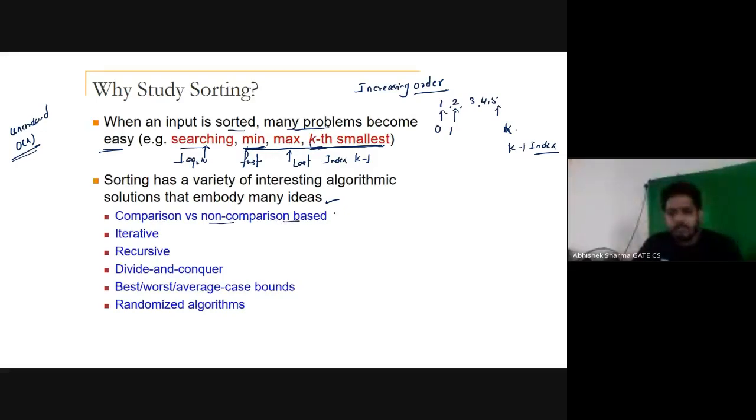We will talk about comparison based sorting, iterative sorting that iterates down the list, recursive divide and conquer, best, worst and average case bounds, and randomized algorithms. These are the sub-parts of sorting algorithms.